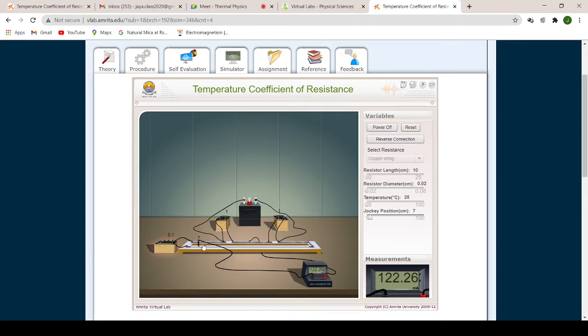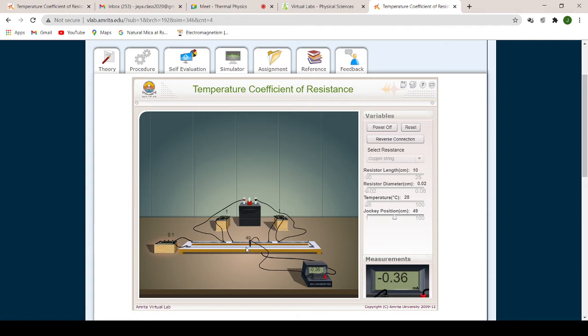So the jockey has to be lifted and kept at different positions on the wire, so that the deflection on the galvanometer is equal to 0. Now see, as I move it in different places, the reading on the galvanometer is not equal to 0. So you keep on moving it till the reading shows 0. Here, because the scale is not accurate, it is taking 1, 2, 3 and so on, not the in-between points. That's why I am not able to go to exactly 0. But you try to take a point which is as close to 0 as possible.